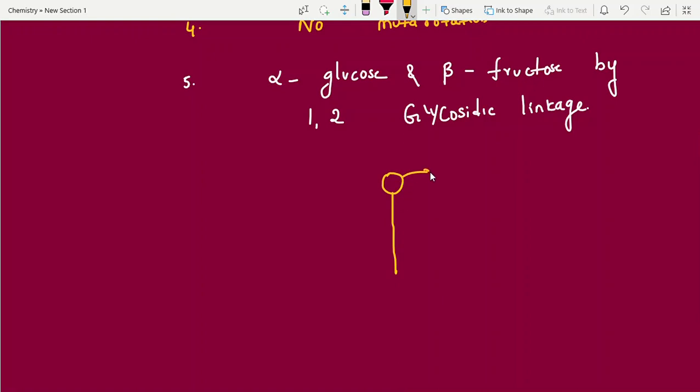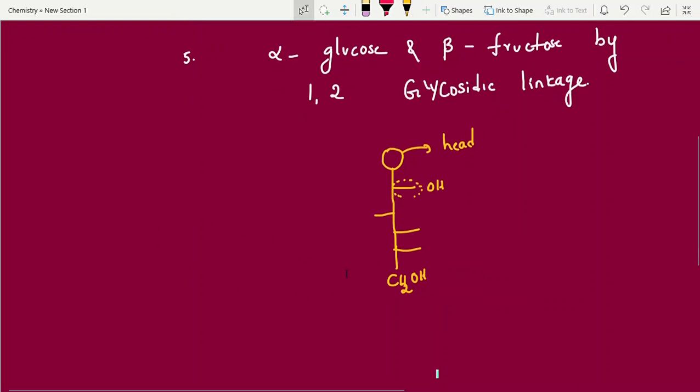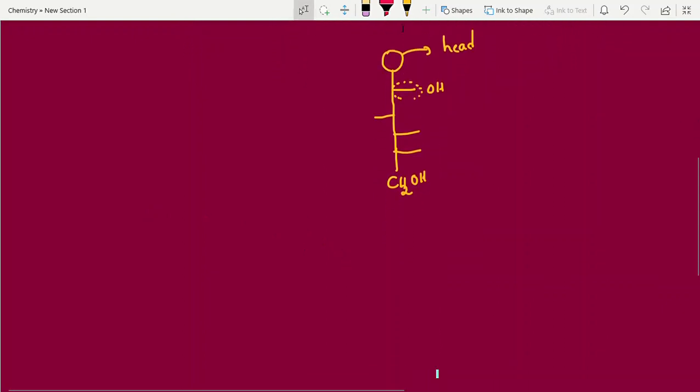This is the head. This is the second carbon, this is the third carbon, fourth carbon, fifth carbon, and the sixth carbon is CH2OH. What does this indicate, students? What I gave in the previous video, it indicates an OH group. Can we draw the structures now? Pyranose structures. I am going to draw pyranose structures with the help of the skeleton. Already you know, happy. Now, see.